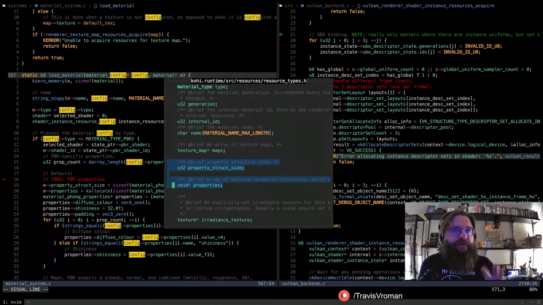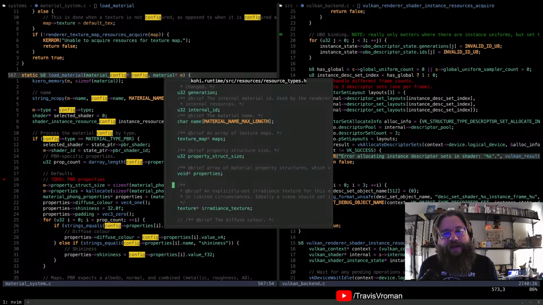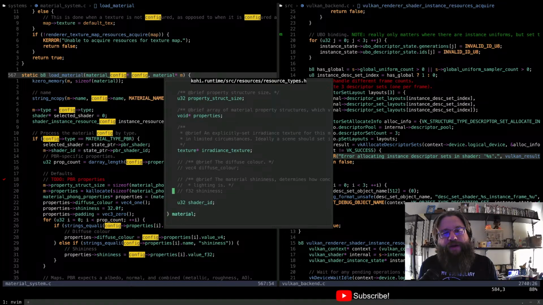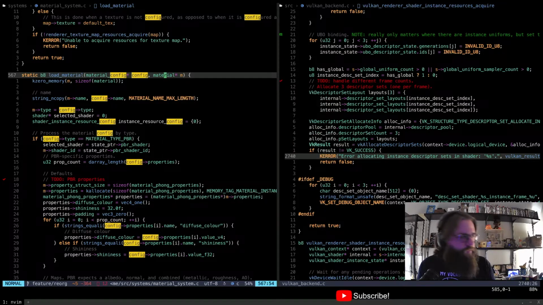You can think of it as freeform properties that have explicit meaning within the shader that we're using it for. So it can vary by the type of material. And then it also has an irradiance texture that can be explicitly set to it. Eventually we're going to have a diffuse color that you can add to it. Things like that, right?